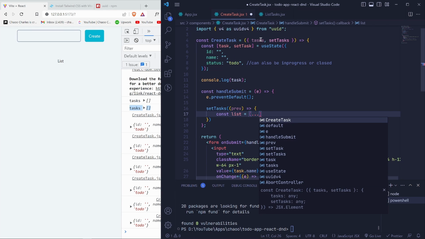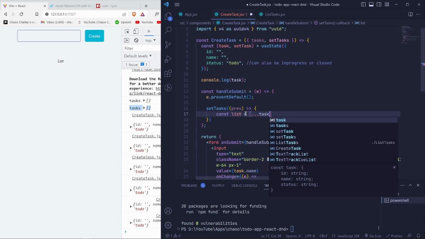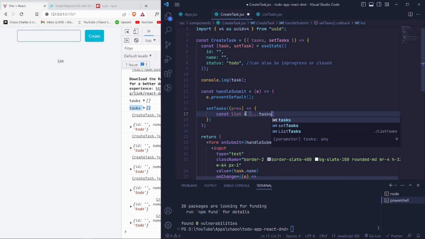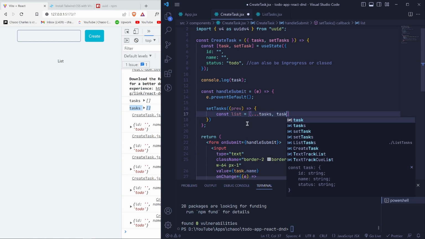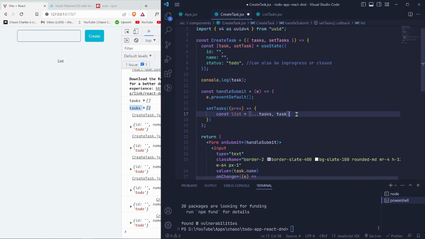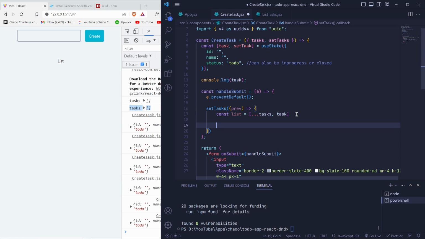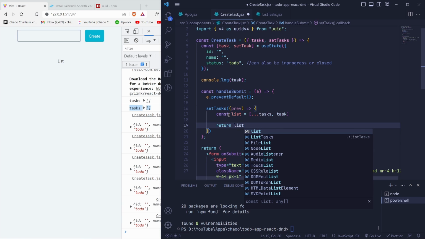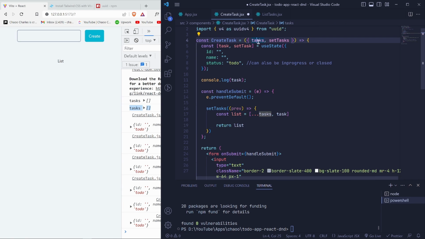So these tasks right here, just like that. And at the end here, I will add our current task right here. So here I'll say task, and then we will be able to return this list. So I can say return list, and this will update our tasks here. So okay,